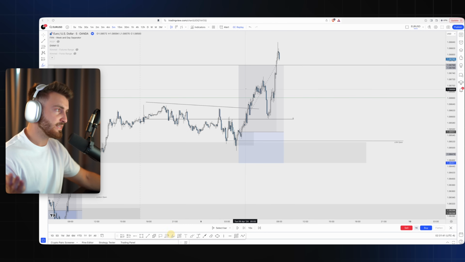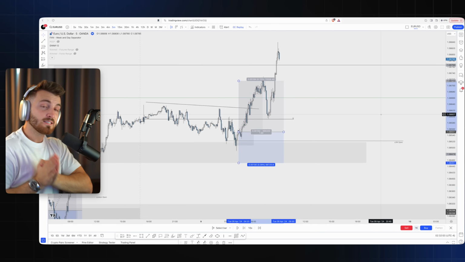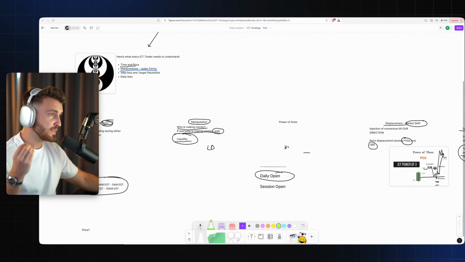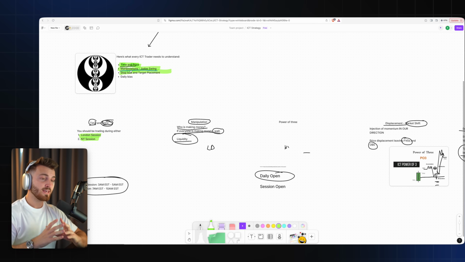Now, for transparency's sake, I closed the trade here because I was doing the challenge. And so I closed the trade here to pass the challenge. But overall, this is how simple we can keep it. You just think about time and price. You wait for the manipulation, which once again is time and price. By waiting for London session or New York session, you set your stop loss and targets in a way that you will be right more than you are wrong, which is a technique in and of itself. And then you focus on the daily bias. If you can do these 3 or 4 things, you will be a highly